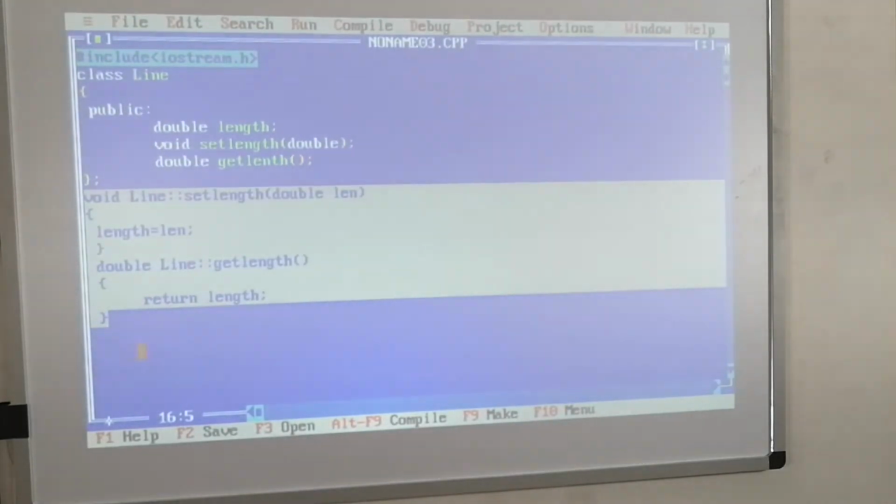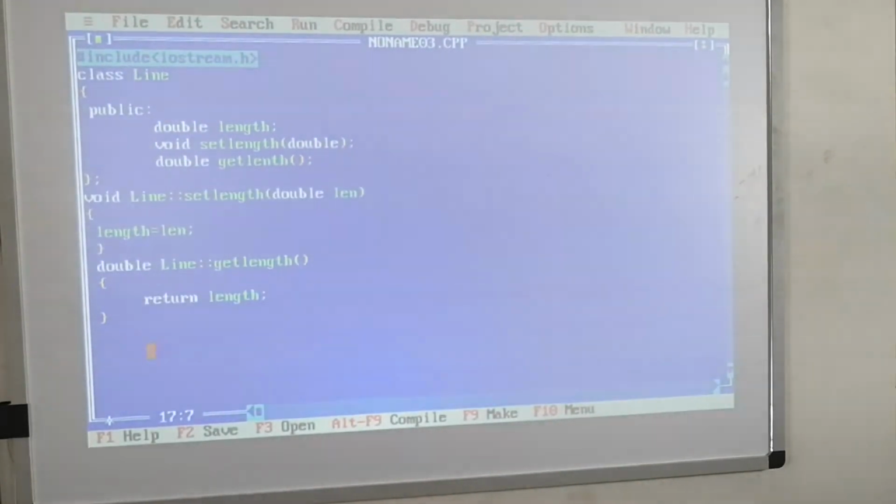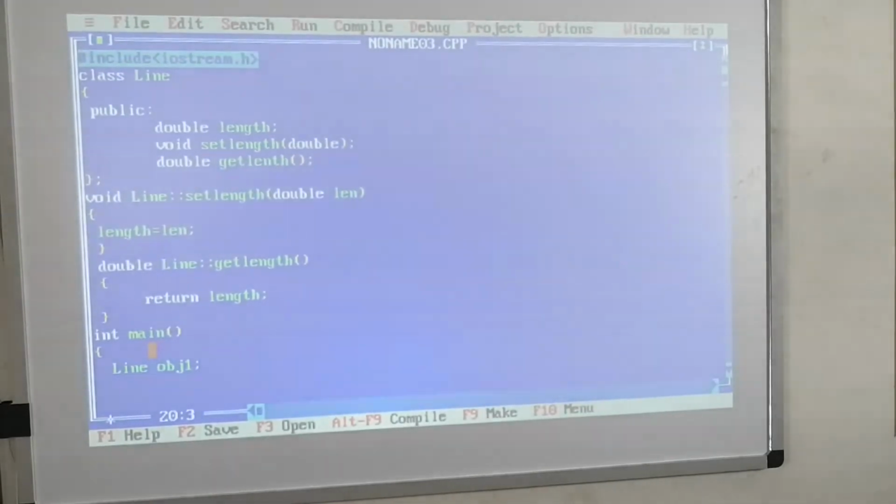Next, after completion of this, we have to write the code for main. Now I am creating the object here. How to create the object? First we write the class name, then I write obj1. By using this object obj1 we are going to call the function. Set length function is there.